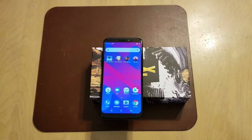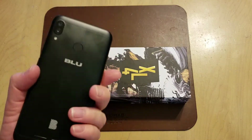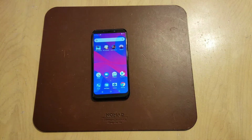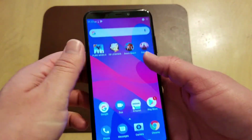So I want to do a video on the camera for the BLU VIVO XL4. The camera is alright, it's not the greatest in the world. It does have dual cameras on the back, so you get the dual camera setup. It does have an inkling of portrait shot mode, which I can say is not really all that great, but it has a 13 megapixel and 2 megapixel camera on the back, and then it's got a 13 megapixel camera on the front. I did go and take some pictures so you could kind of get a feel